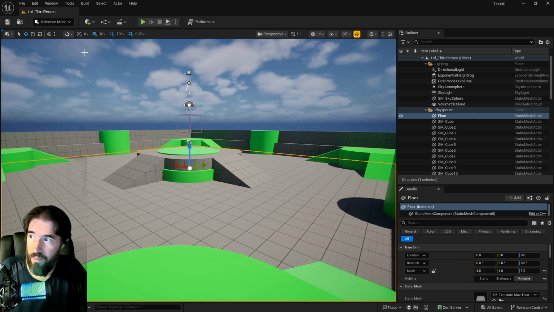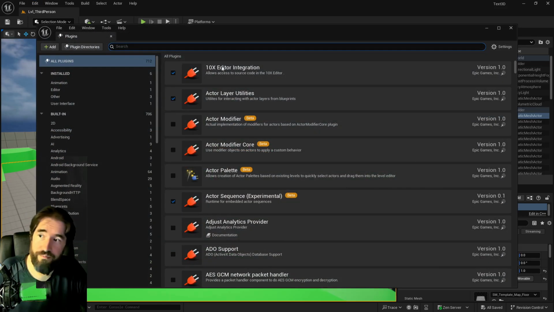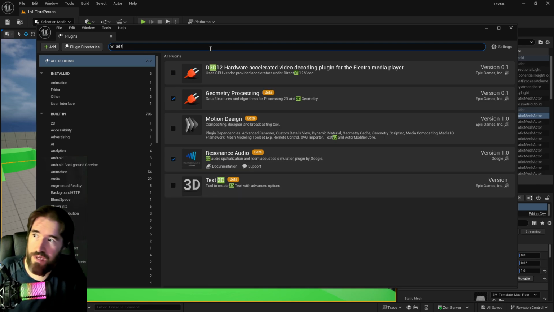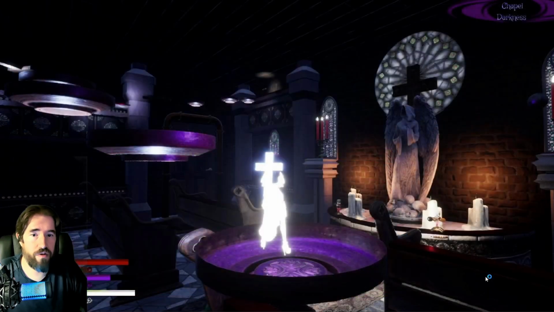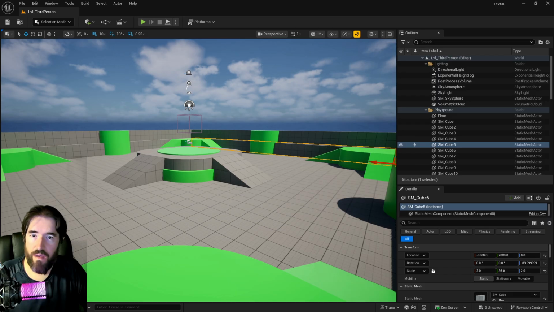So, you might not know this, but you can actually go into plugins and enable 3D text. Tell it yes, tell it restart, and we'll be right back. Alright, with that done, go to your content drawer,